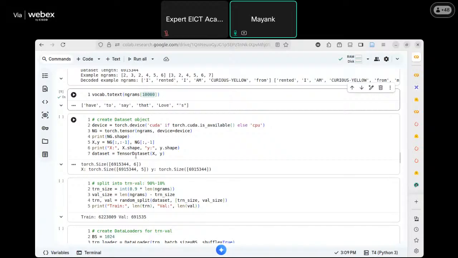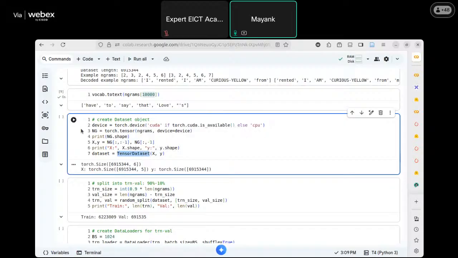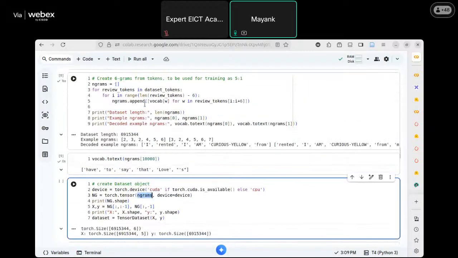We need a dataset and a data loader. सो डेटा सेट, हमने एक TensorDataset करके एक रेडीमेड क्लास रहती है, उस TensorDataset से हमने एक डेटा सेट बनाया। So this is the same thing, हम डिवाइस का अगर अवेलेबल है तो, ये एनग्राम्स वाला जो हमारा वेक्टर था पूरा, एनग्राम्स हमारी एक लिस्ट थी, एक एक लिस्ट में इतने सारे आइटम्स थे। How many? 69,15,344 एनग्राम्स। ओके, सो